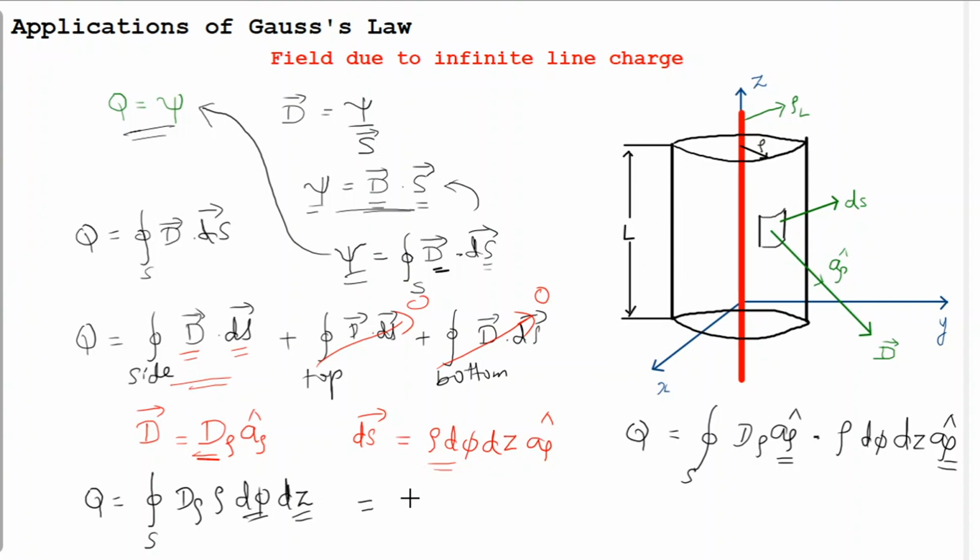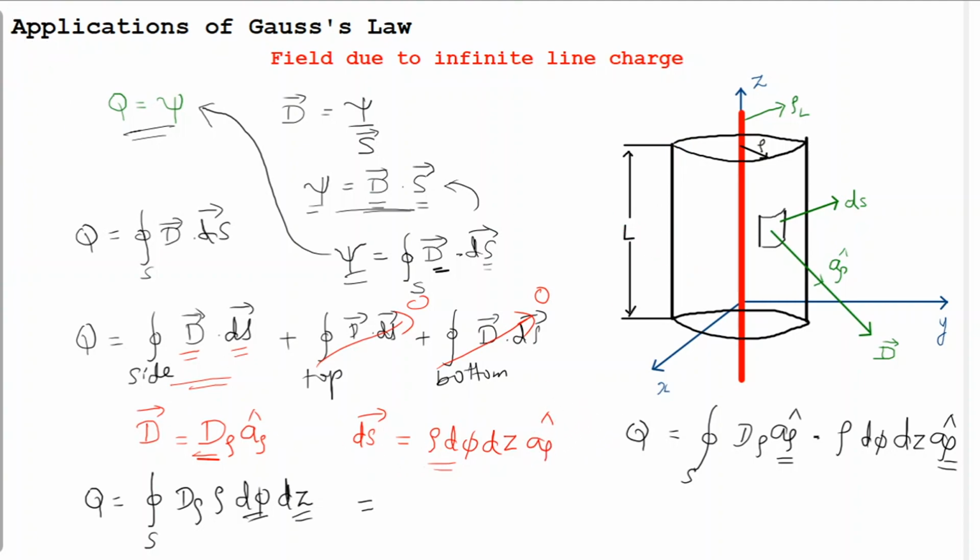So my limit for z will be 0 to L, and d rho can vary with phi. What does it mean? You have to evaluate d rho for the variation of phi. What is phi? Phi is the azimuth angle. So phi will cover the entire surface of the cylinder, 360 degrees. It will start from some point, maybe here, and cover the entire surface of the cylinder, so 360 degrees or 2 pi. So the limit of phi will be 0 to 2 pi, and the limit of z will be from the bottom of the cylinder to the top of the cylinder, that is the height of the cylinder, L.